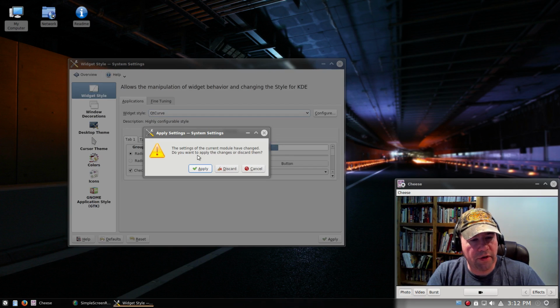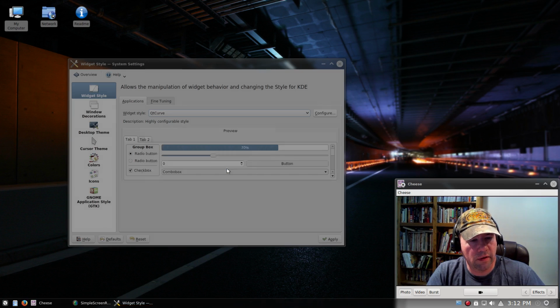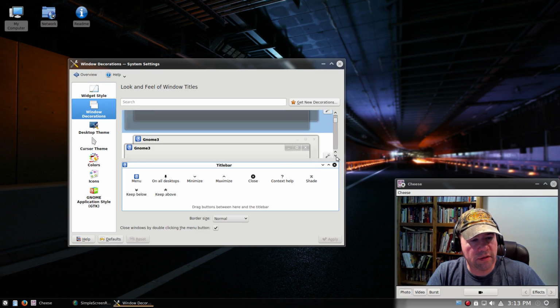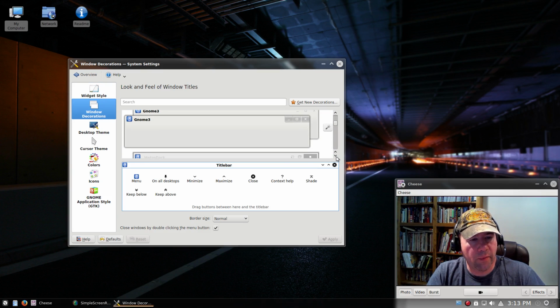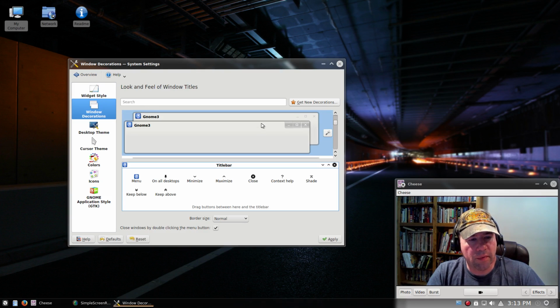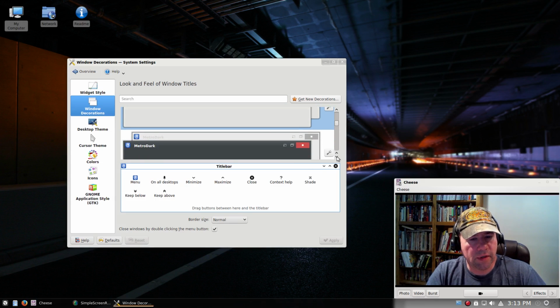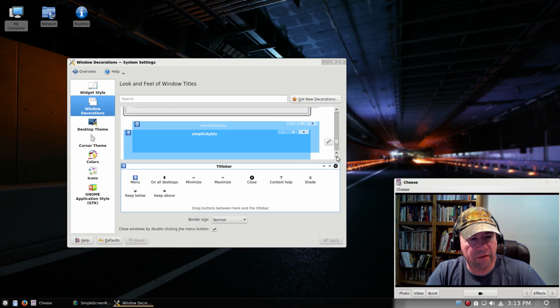And then before it'll allow you to move on, it'll ask you if you want to keep the settings that you just changed or tweaked. Come here to window decorations, and once again, you see there's a variety available. If you want something that makes it look like Gnome style, boom, there you go, right there. And once again, a variety of